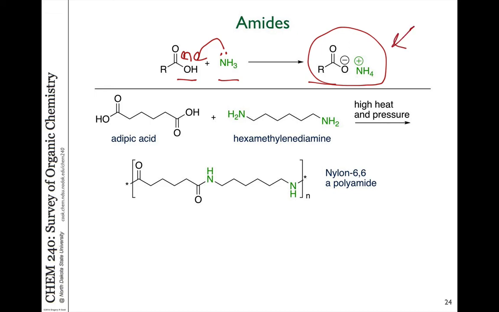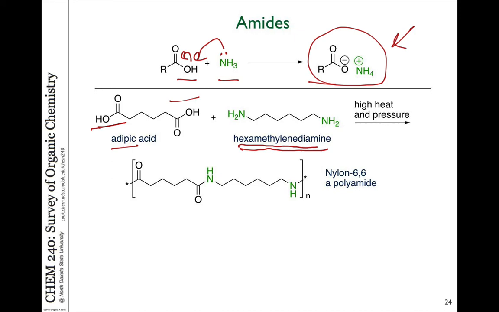If you heat this up to very high temperatures and high pressures, you can get amides to form, although it's not the most efficient way to do it. However, some industrial processes do utilize this to make molecules. If we take diacids, such as hexanedioic acid, commonly called adipic acid, and react that with the 6-carbon chain diamine compound, which we call hexamethylenediamine, or 1,6-hexanediamine,